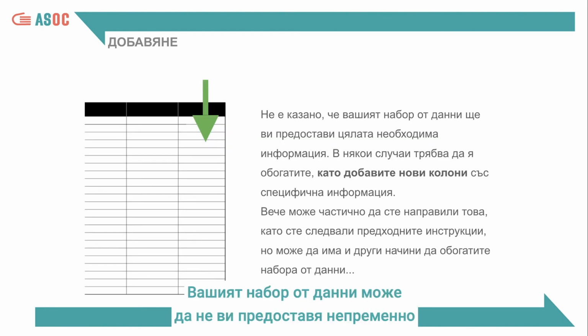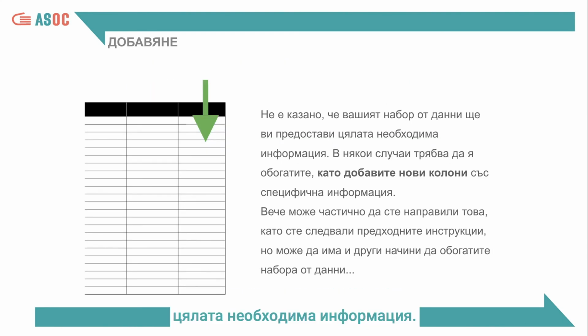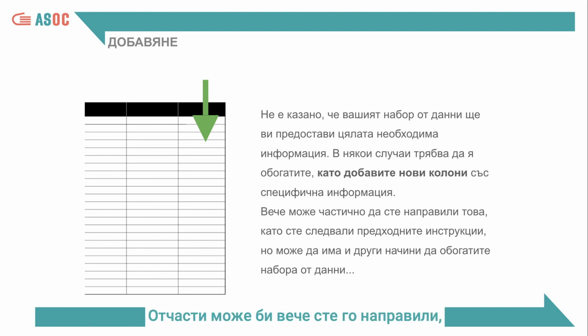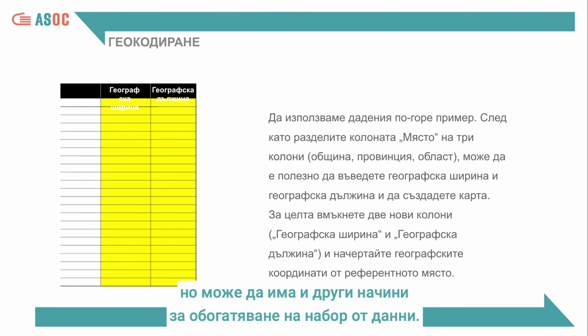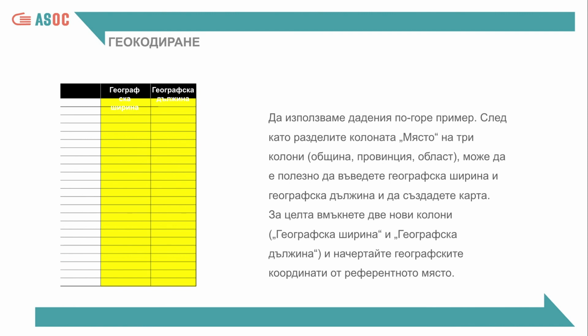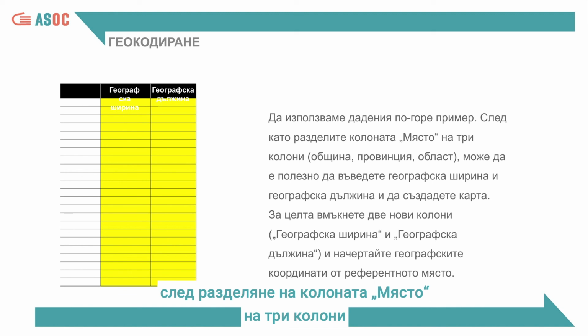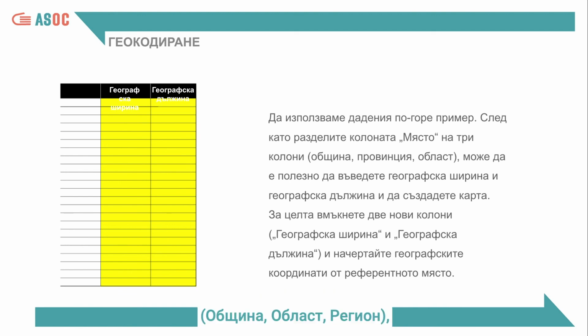Your dataset does not necessarily provide you with all the necessary information. In some cases, you may have to enhance it by adding new columns with specific information. You may have already done so, partly, following the previous directions. But there may be other ways to enhance a dataset. Using the same example as before, after dividing the place column into 3 columns, municipality, province, region, it might be